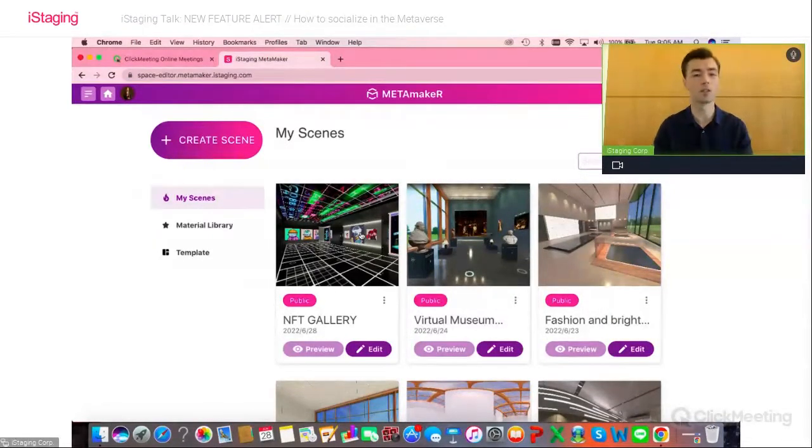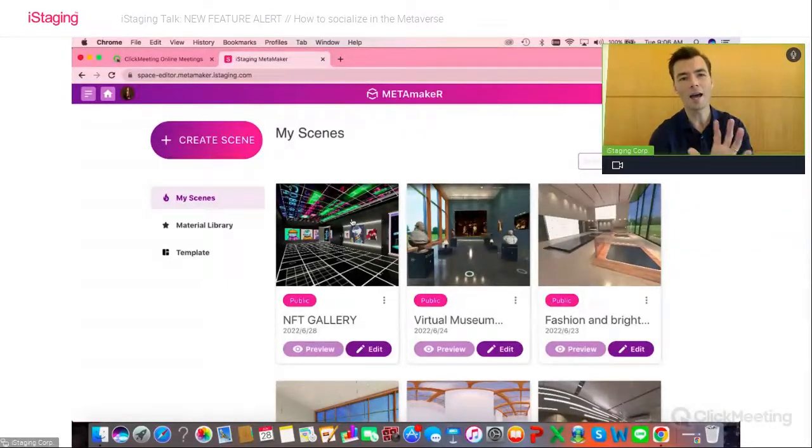Because it simplifies the whole idea of the metaverse and how to get started, because I can imagine that it might be quite overwhelming and a bit confusing at times. But with most things, if you break it down into smaller steps, then it's quite digestible. So a good tip in terms of metaverse content.